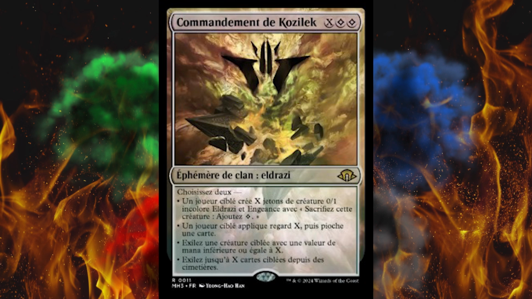Let's just read it. So it's colorless, like true colorless, times 2. So look up colorless mana, I'm not going to explain it here. And then X in generic. So choose 2. 1, target player creates X 1/1 colorless Eldrazi Spawn creature tokens with "Sacrifice this creature: add 1 colorless to your mana pool." 2, target player scries X, then draws a card. 3, exile target creature with mana value equal or less than X, and 4, exile up to X target cards